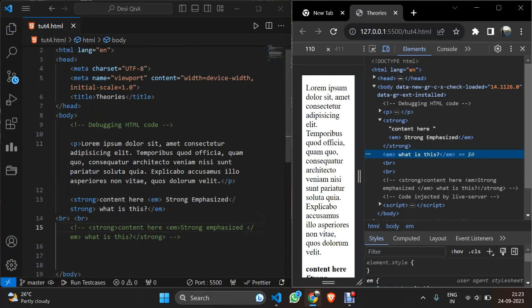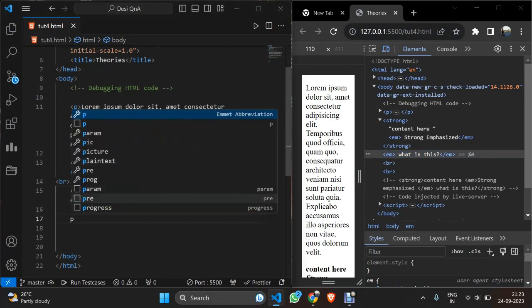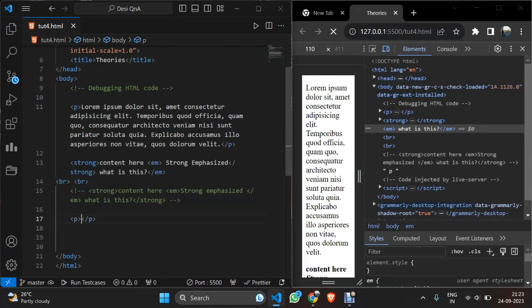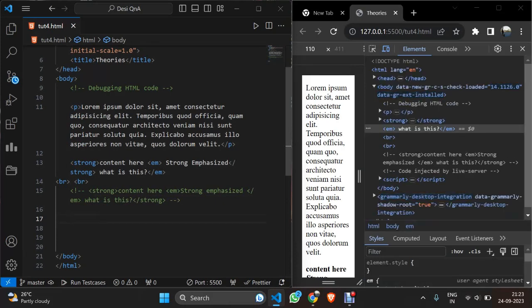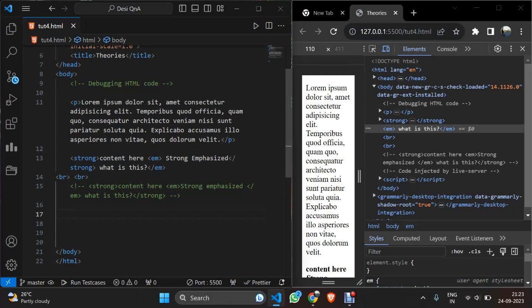So if you use Visual Studio Code, we have the property of Emmet, right? You can see if I write just P and click, I will get both opening and closing tag. So this is a good property of Visual Studio Code. Using this type of editors will also reduce this kind of HTML errors. So even after looking into the entire code, if you're not able to solve the issue, what you can do is